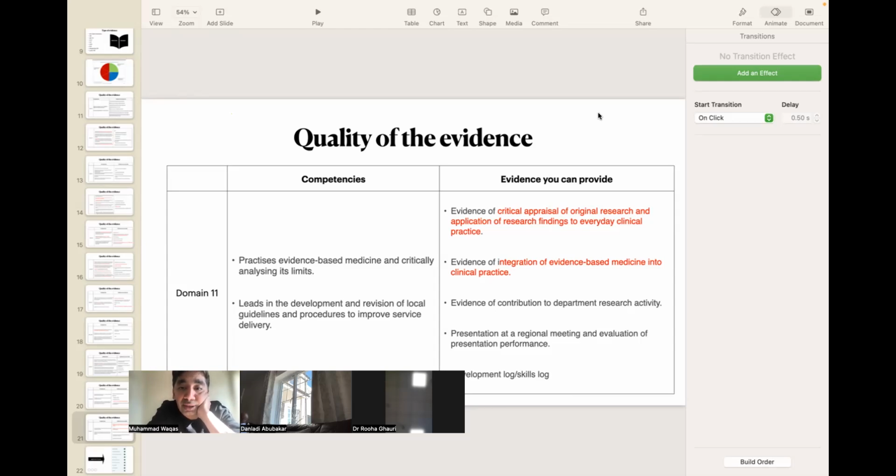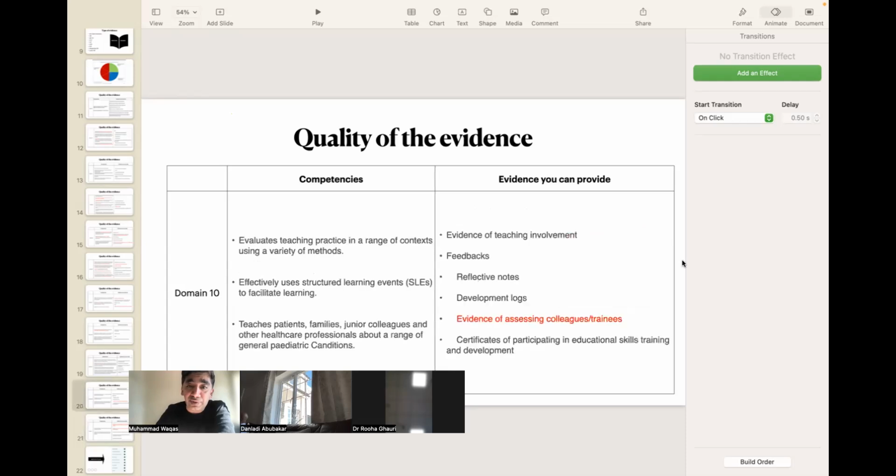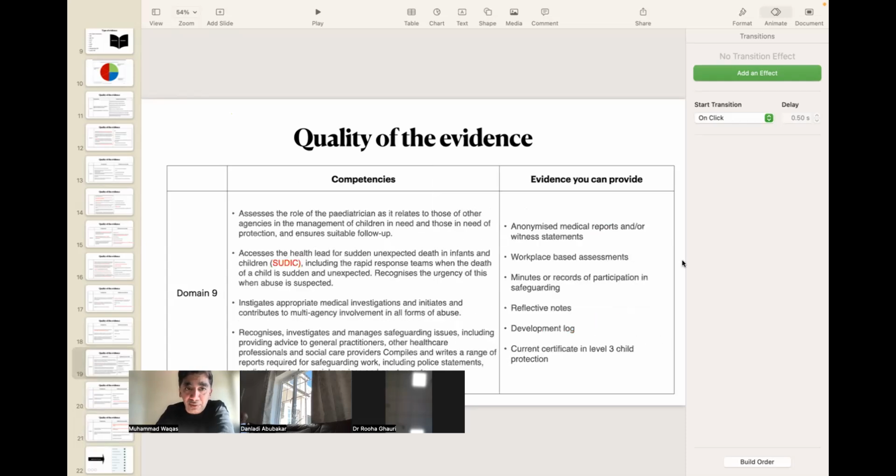So let's go for safeguarding. There are kind of situations where you have the police, you have everyone involved, and you are discussing this, they still wouldn't make up for not going to court, isn't it? No, so that's what I'm saying. You can use that as evidence, medical legal thing. So that's what I'm opening that slide now.